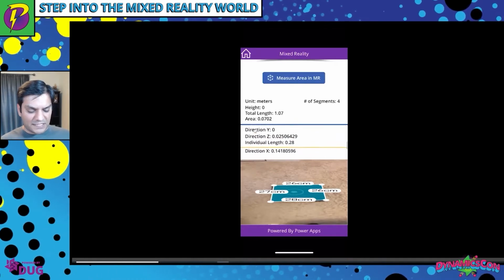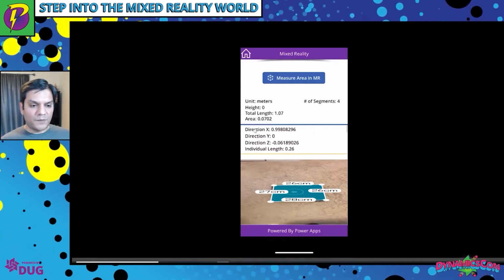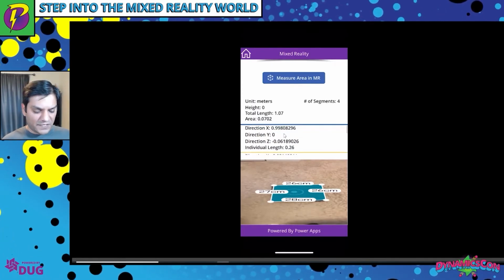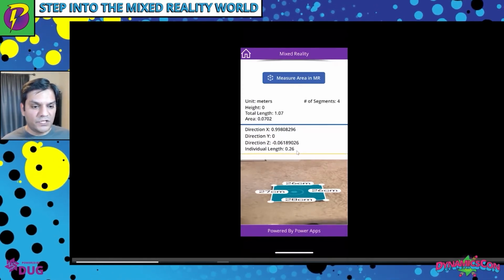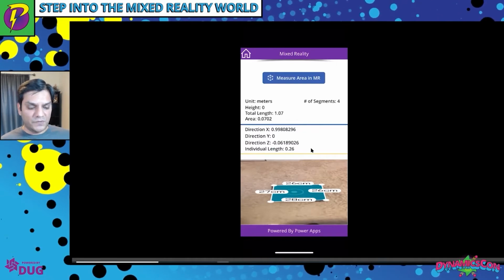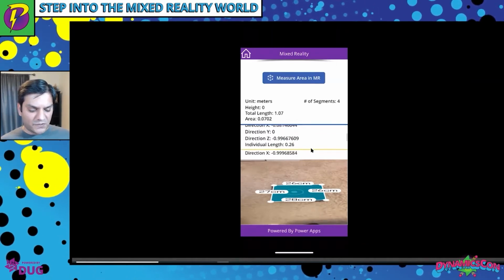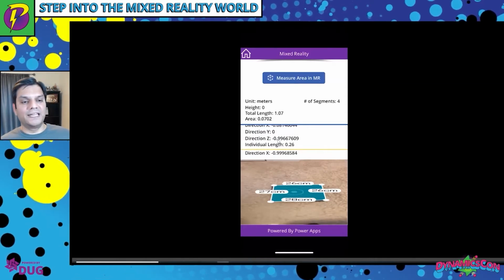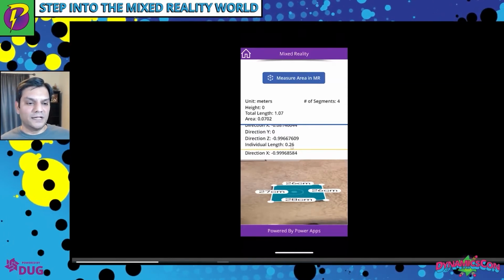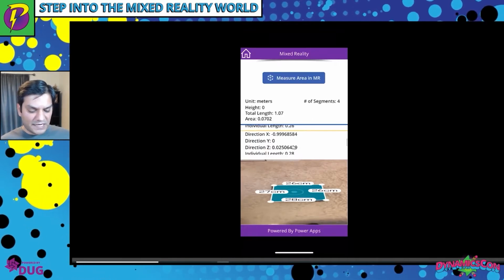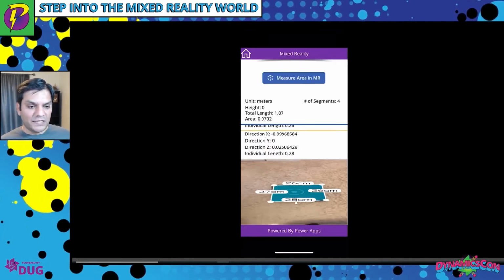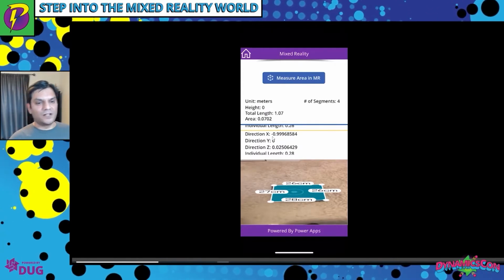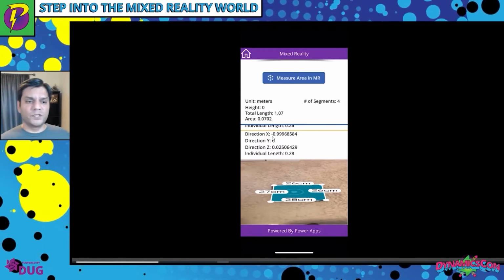So I'm able to say the one from the top over here to there was this section. That's why you see over here it says 0.26, that was the 26 centimeters. The next one actually tells you that you went from the top to the bottom, which is why you see that negative Z. Again, the length over here was 26. But now from here, we went to the left, which is why you're seeing a negative X. It's kind of making sense how this whole concept of segments works.